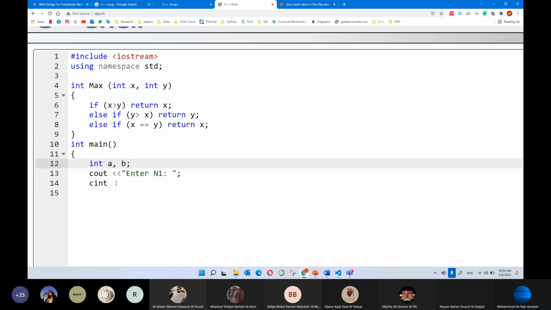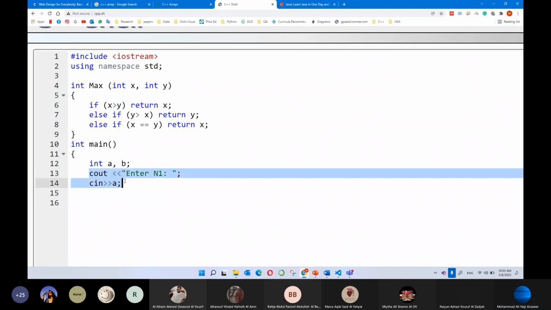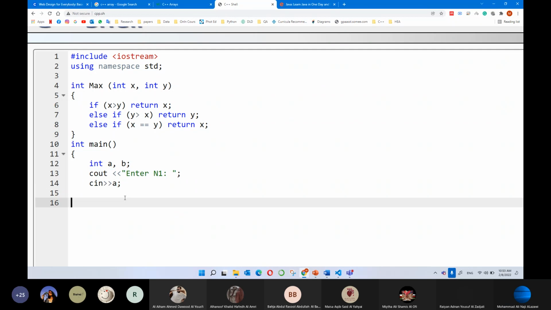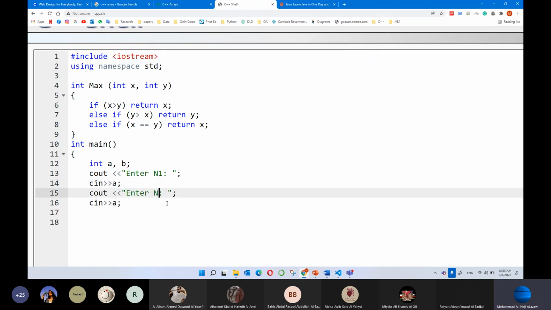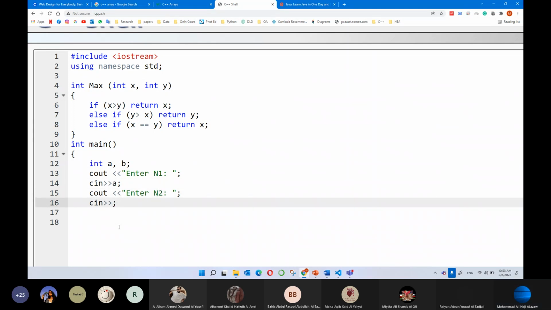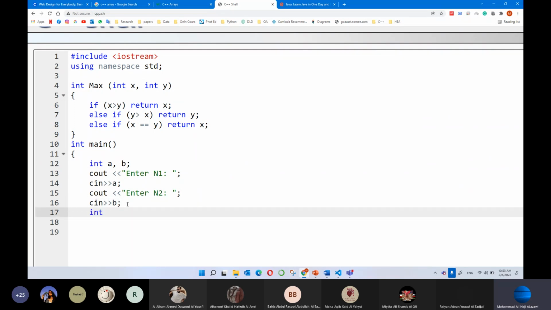All right. cin a, and I'll do the same thing here again. Enter n2 and cin b. Okay. I'll define another integer. I'll call it m equal max of a, b,